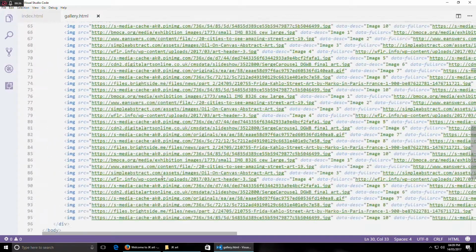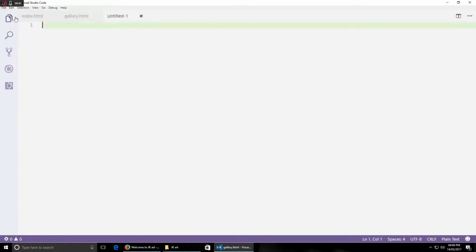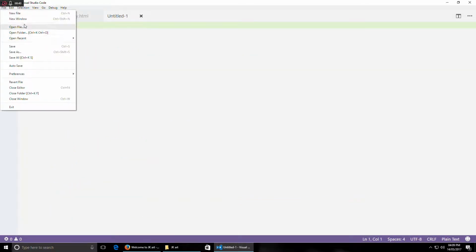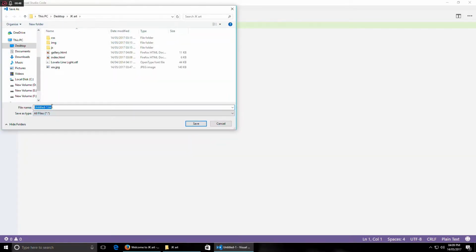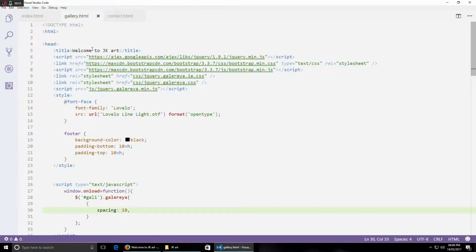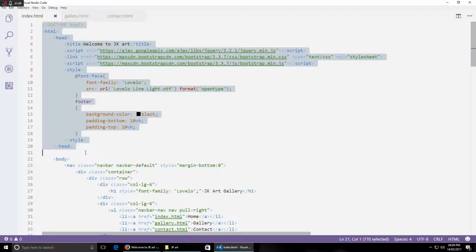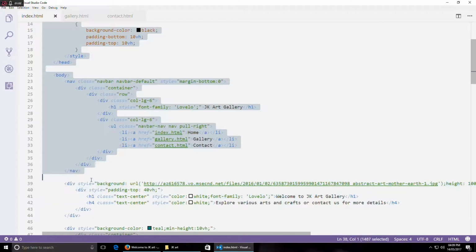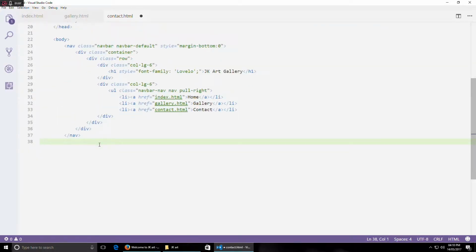Now let's create our contact page. We'll create our contact page pretty simple. Just make a new file and save it beforehand. Contact.html. So same thing, we need to first make everything the same as the previous pages. Put it here, and here you put your contact